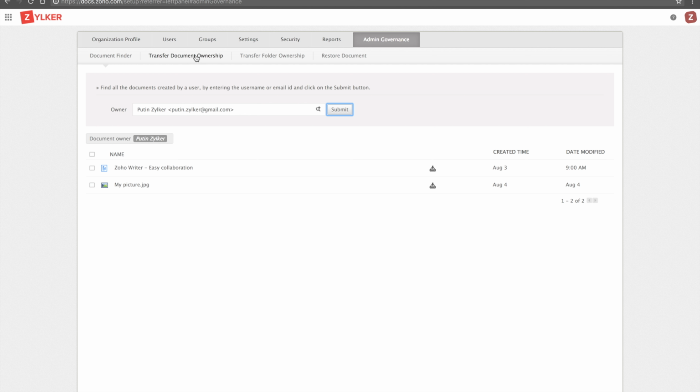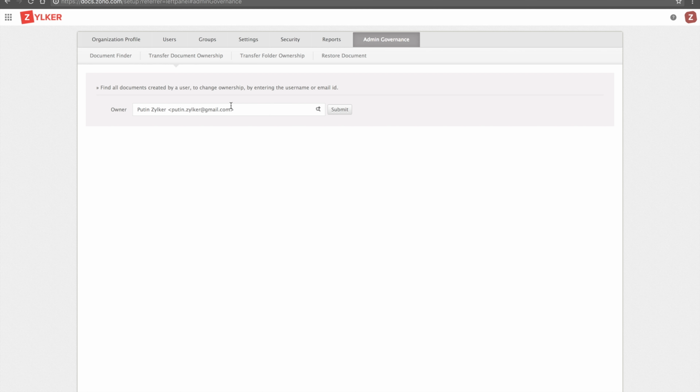The next tab is the transfer document ownership. There will be a lot of times when your employee leaves the organization, but that doesn't mean your data and information also goes along with them. So we let you transfer ownership from one particular user to another particular user.